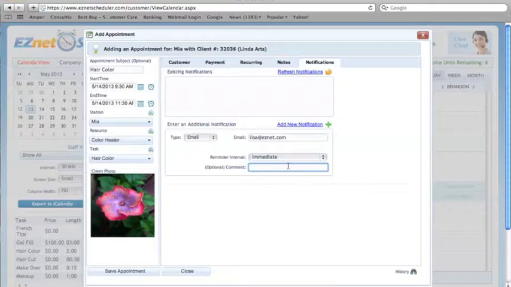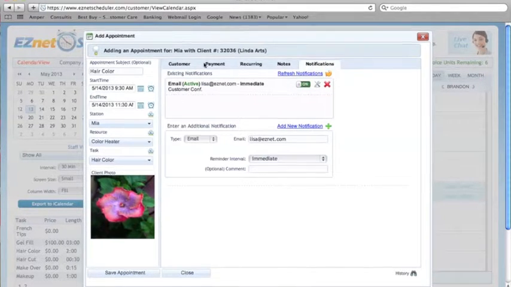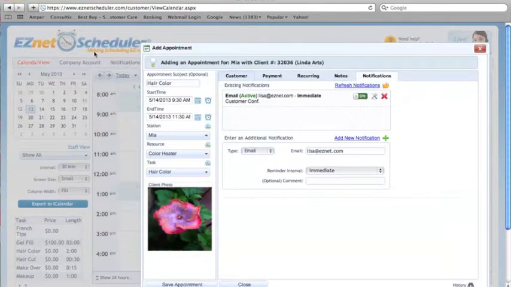So since this is an immediate notification, you can give it a comment and call it something so that you know what this notification is about, and say that this is customer confirmation and a new notification. Now in your notification management, which would be on your menu right here,